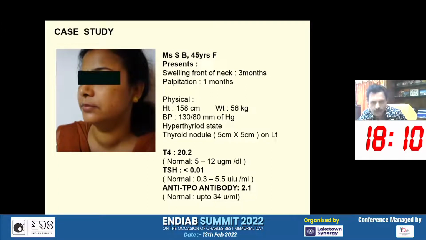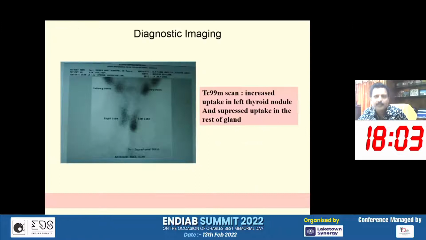So whenever we find that there is hyperthyroidism, our next best option is to go for a thyroid scan. If you look into the thyroid scan, you'll find that this patient has got some uptake here on the left lobe and the suppressed uptake on the rest of the gland. So it indicates that there is a hyperfunctioning nodule here on the left side, and the rest of the gland